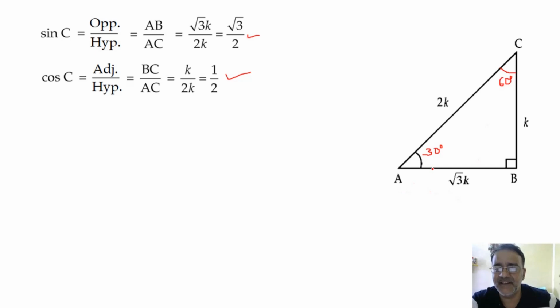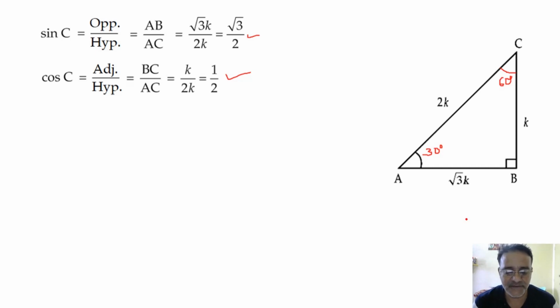What is sin 30 degree? 1 by 2. Very good. Cos 30 degree? Root 3 by 2. So sin A, cos A you can get from those values. Okay. Now sin C, cos C. Sin 60 degree? Root 3 by 2. And cos 60 degree is 1 by 2. Okay. So you can get the values using that method also. उसके बाद का जो स्टेप है वो कॉमन स्टेप है.